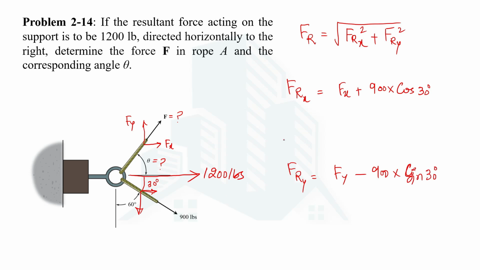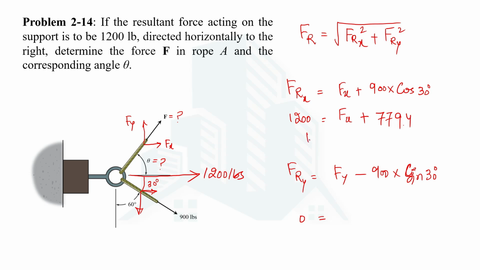Now how about the X component of the resultant force and the Y component of the resultant force, since the magnitude of the resultant force is directly given? Since the force is directed towards the positive X axis, all of its magnitude will be the X component of the resultant, and since it's directed towards X, it will not have any Y component, so 0. So this 1200 then will be equal to Fx plus, now if you solve this, this will be equal to